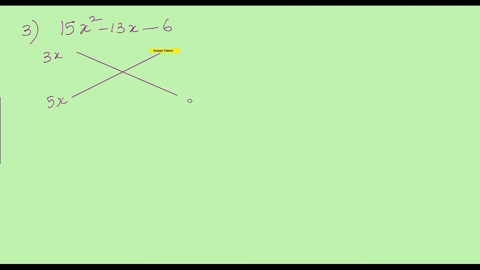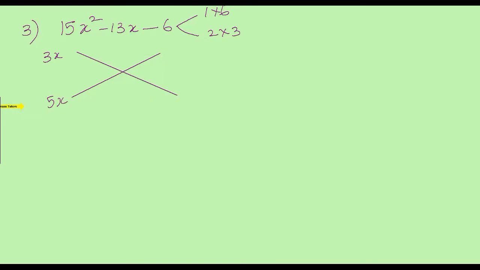Even if one of the pair doesn't work, you are going to check with the other pair. But through some experience, after some practice, you will know which numbers would suit a particular question, like I did. Okay, so now 3x and 5x because of 15x squared. Factors of 6. So there are two possibilities, 1 times 6, 2 times 3 or 3 times 2. Let's see which is suitable for this question.